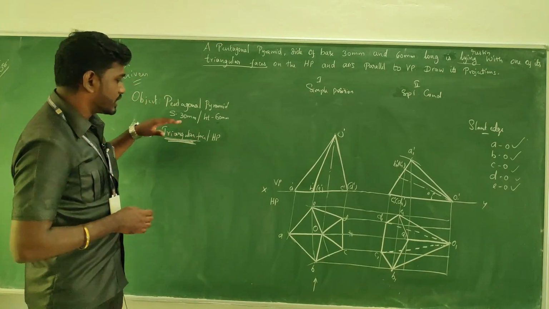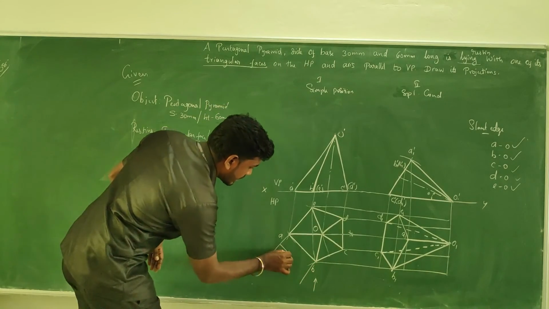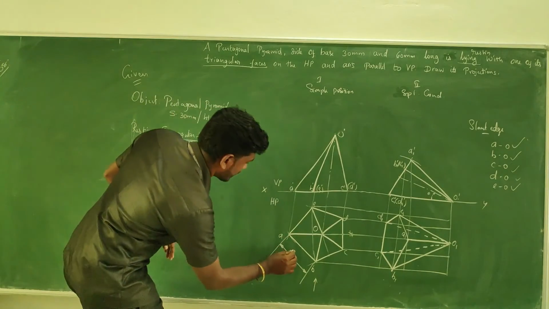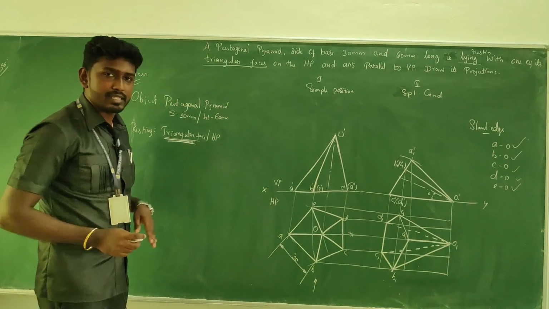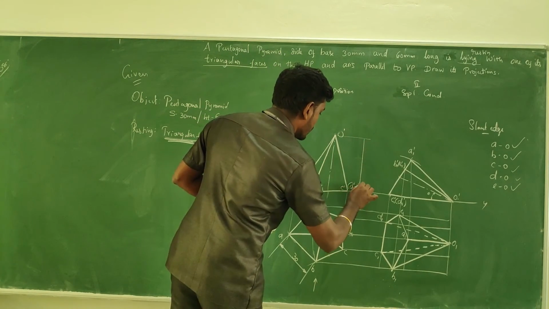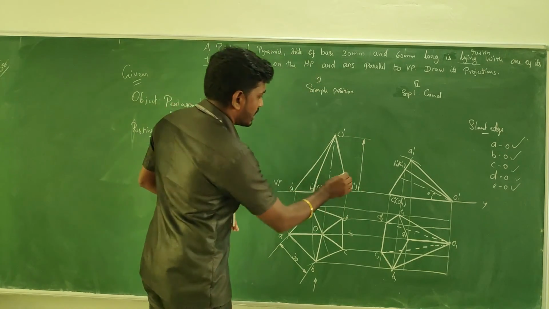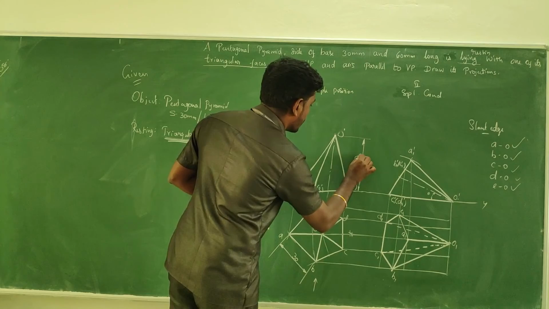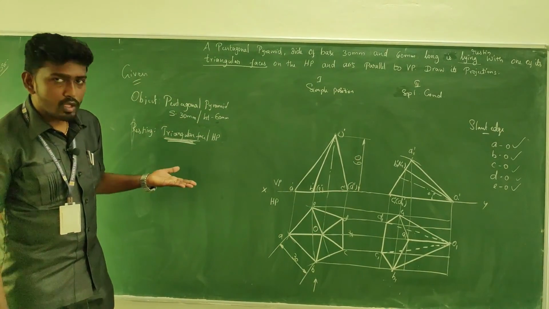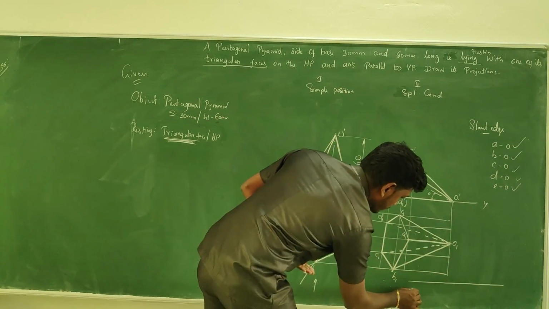Some of the things like measurements we need to capture in the diagram. Here the base edge measurement is 30 mm. So make the dimension line something like this, and above the line you can write 30 mm. And what about the height of the pyramid, which is 60 mm. So right above the line as 60, like this. There is no inclination in the question. What is the next thing? All dimensions are in mm. That note is a very important one.